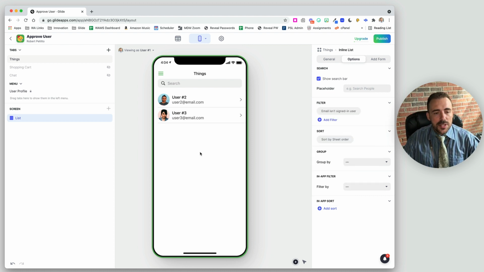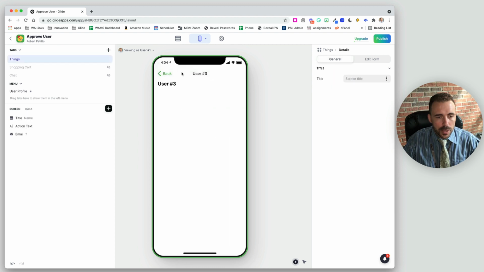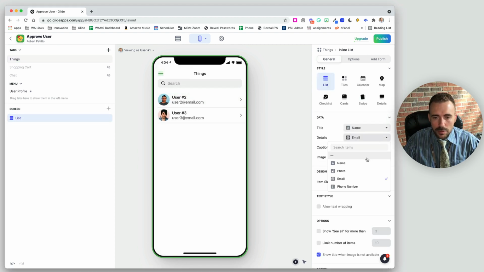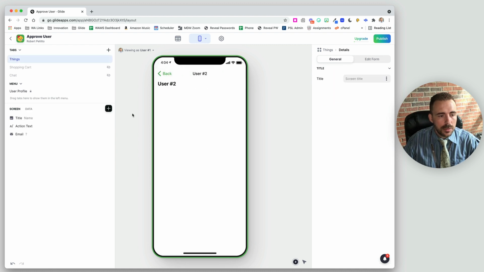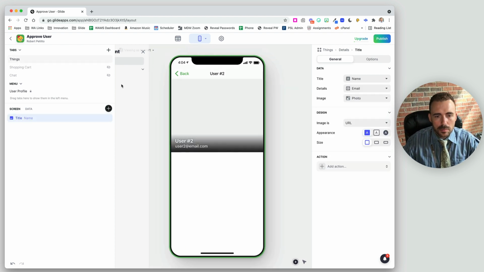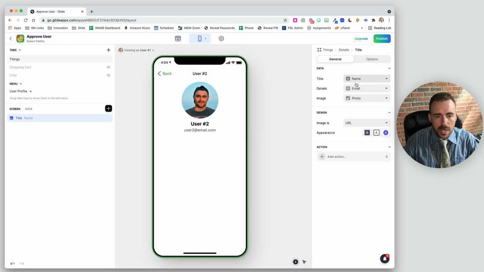All right. So now let's say here's user 2 and user 3. Again, we don't want to see their contact information, so we're going to hide their email. Here's user 2. And we want to see contact information for user 2, right? So let's show a title component here of the avatar name, but no email quite yet. All right, and then some